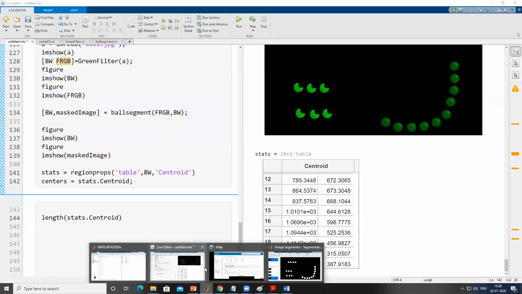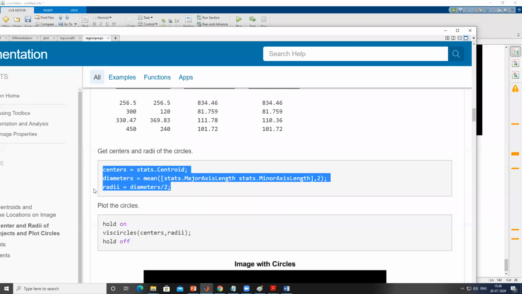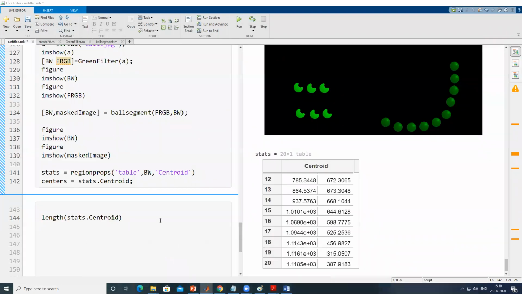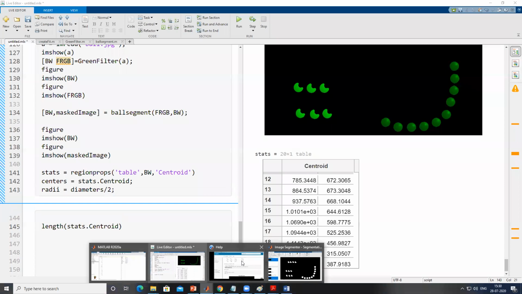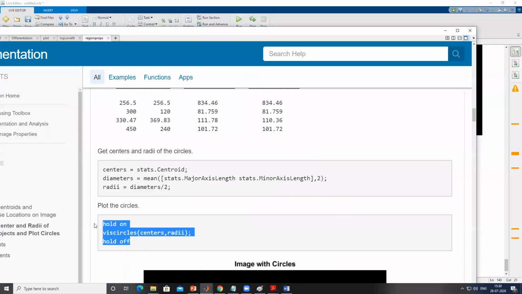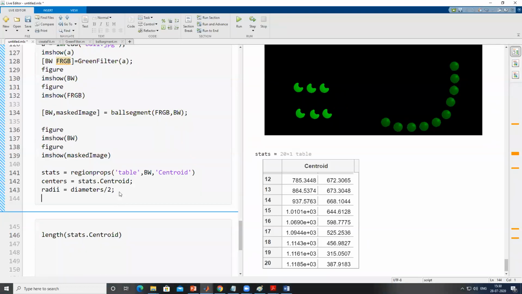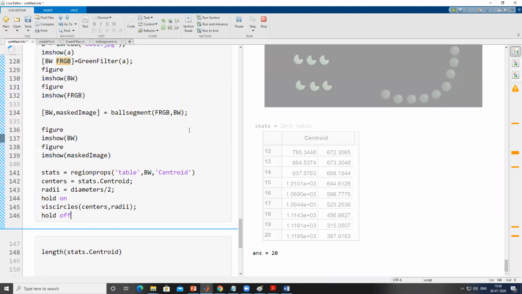Okay, so I'll just take the code from the documentation part. And this Control C. Yeah, so first I'll run this section.